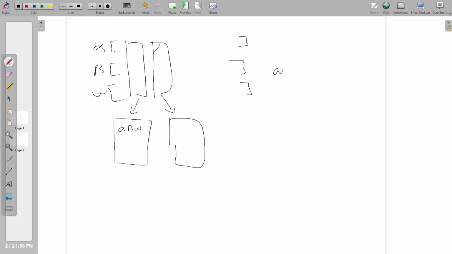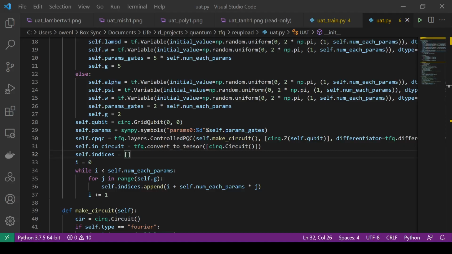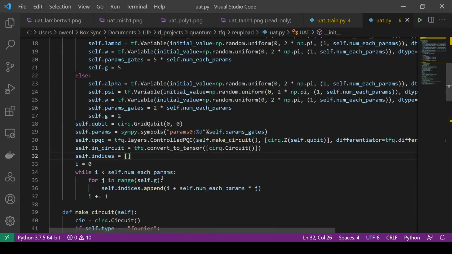So we have alpha, comma, beta, comma, W, and then we reorder them. So we take the indices from each of them. And so that's what's going on there. And so that hopefully explains at least somewhat the idea there. And so, right, we want to say for each, if we're just concatenating them together, the index that we care about, the reordering that we do is that we say, okay, we take each,